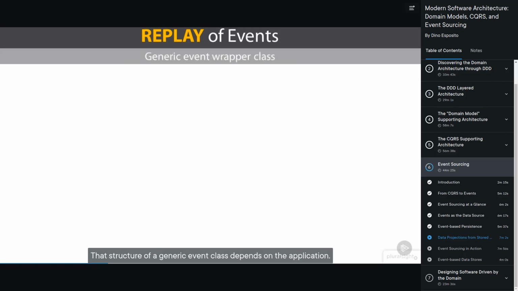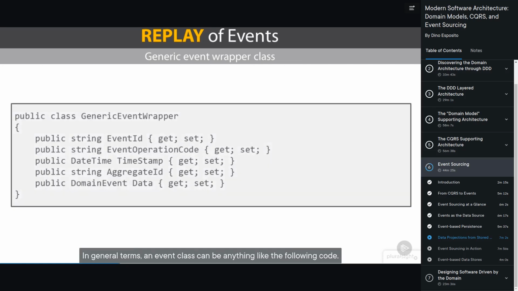The structure of a generic event class depends on the application and may be different or in some way constrained if you are using some ad hoc tools for event sourcing. In general terms, an event class can be anything like the following code. Again, key pieces of information are event ID, something that allows to distinguish and easily query the type of the event, timestamp, aggregate ID, and of course,